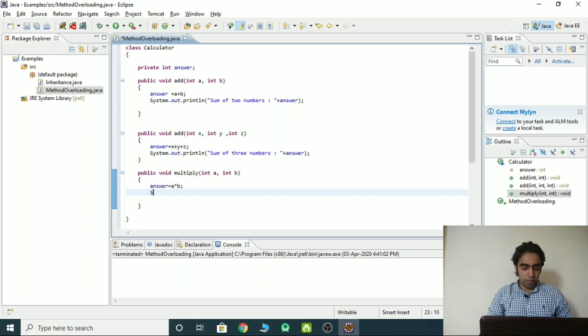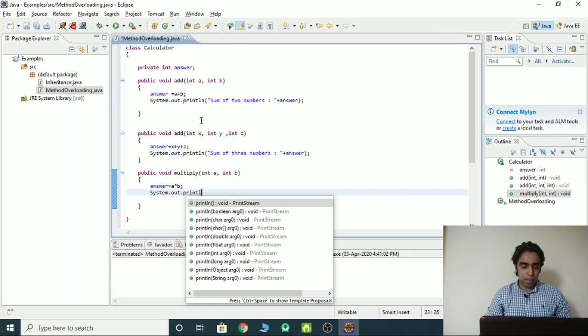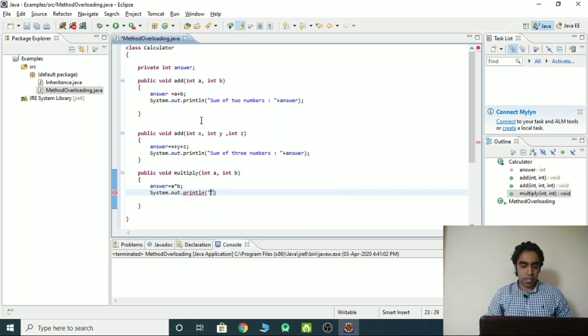Similarly, I'm going to print it like system dot out dot println, product of two numbers, plus answer. So no problem with this function.